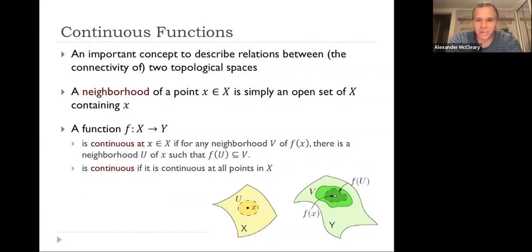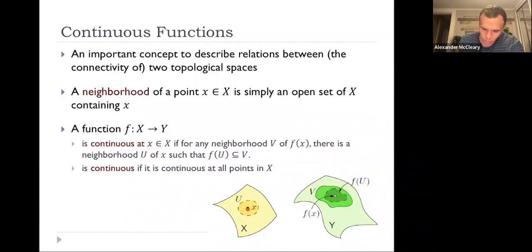So to start out with, we're going to define continuous maps via neighborhoods. If I have any point X in a topological space, a neighborhood around X is simply any open set containing X. That's all. It's nothing fancy. Now a function F between two topological spaces. First, this is just a set function between the two underlying sets, X and Y. But we say this function is continuous at a point X if for every neighborhood around f of X in Y,